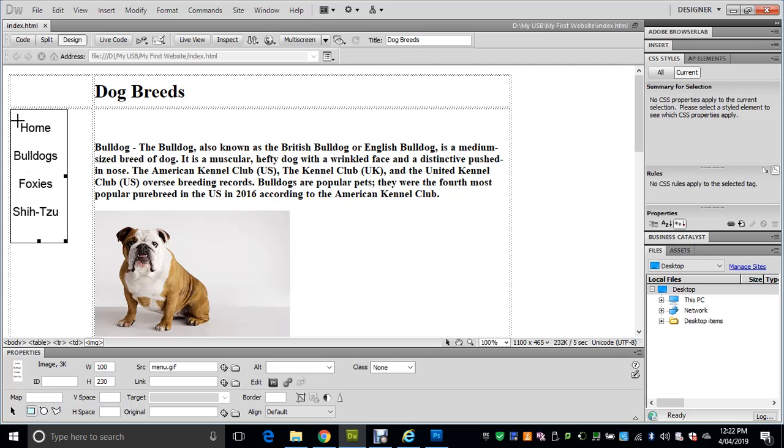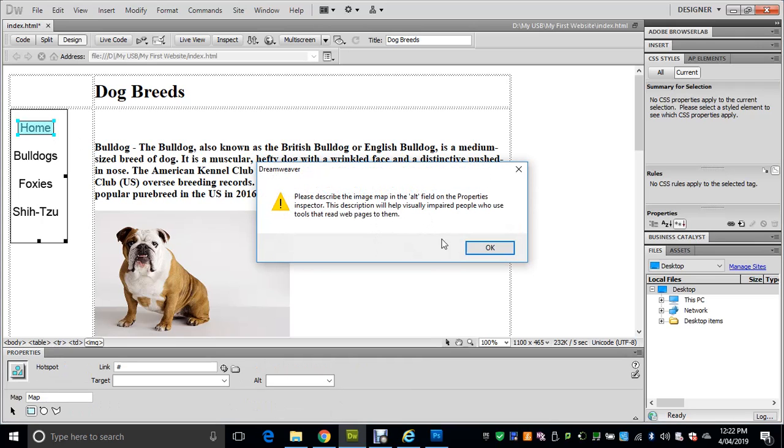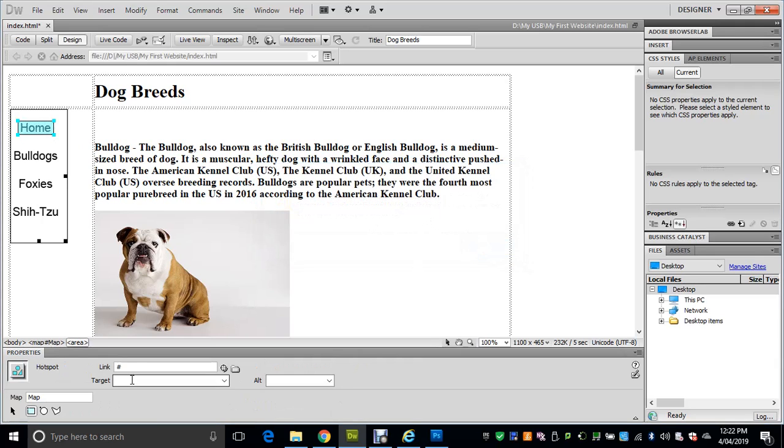Just go to the top left hand corner, click and drag over there. This little alert will come up, just click OK. In the link it'll have a hash. You need to delete the hash, type in index.html, that's the address of our home page, press enter, and that's now a hyperlink. Go to the next one, Bulldogs,